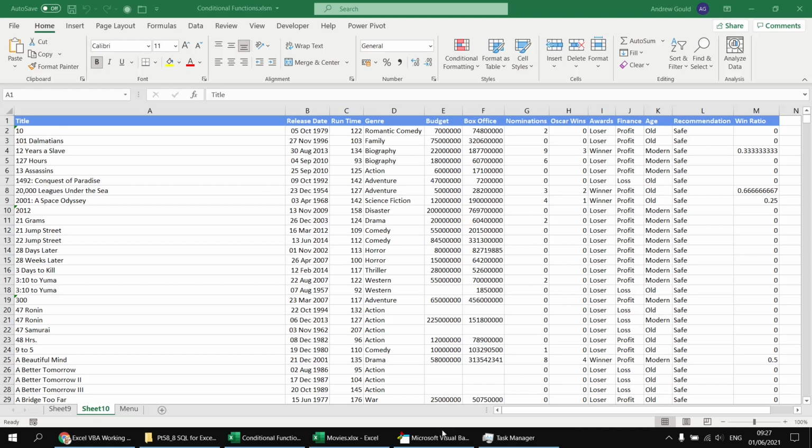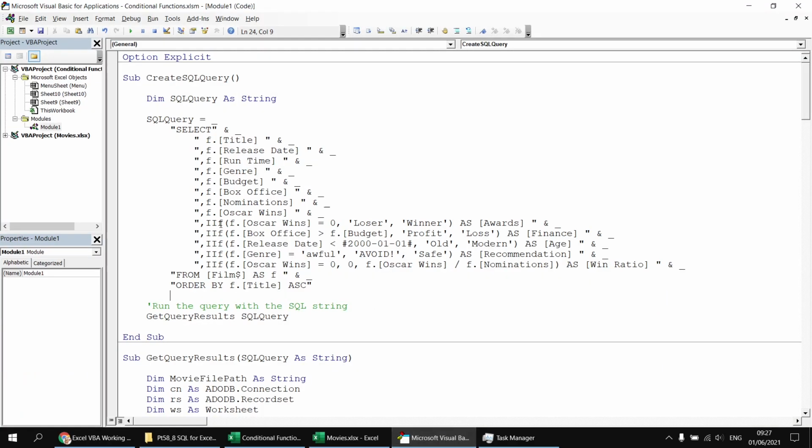If we head back to the Visual Basic Editor, I'm going to just modify the existing column that we've created. So rather than rewriting this one from scratch, this will become the false part of our new if function. So I'm going to begin a new if function at the beginning of this line. And we're going to say if, open some round brackets, I'm going to copy and paste the f.nominations and check if that is equal to 0, followed by a comma. And if that condition is true, I want to return the phrase not nominated,